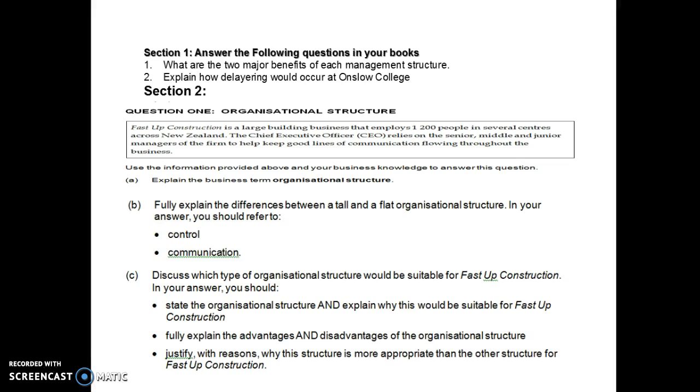Finally, the last thing we were looking at was this question. I'm not going to read through the question, but the question is up on Moodle. We're going to have a go at this question. The first part, A, is very much addressing achieve level, B is the merit level, C is the excellence level. So if you can remember, this one's up on Moodle, and the due date for this is